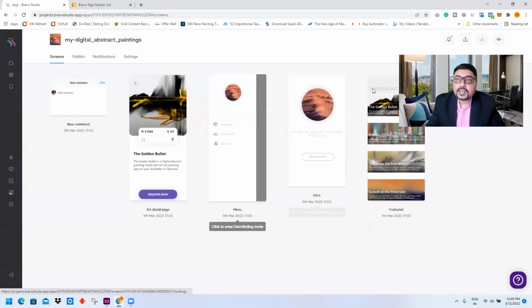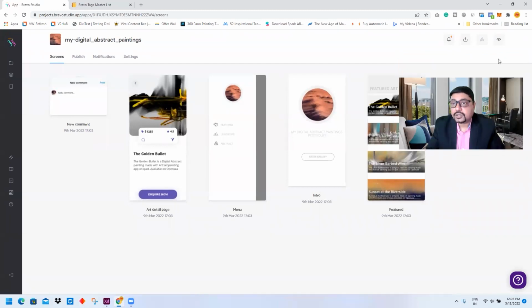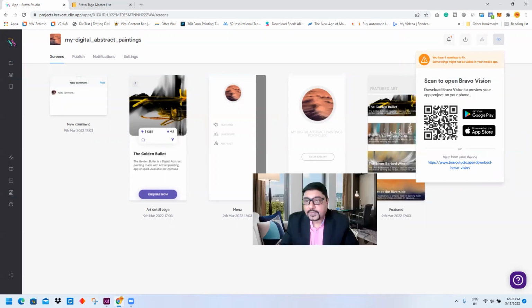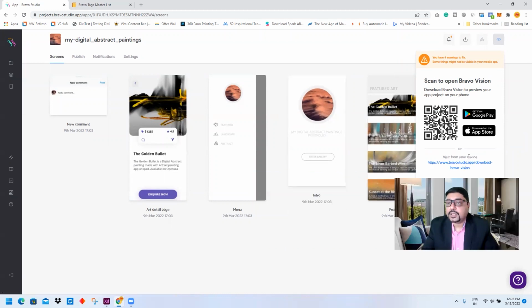Lovely. Now, a fantastic thing is that if you really want to see this, you have to preview this app. I have already installed Bravo Vision, which is the preview app for Bravo. It helps you to preview your app before you actually publish it.